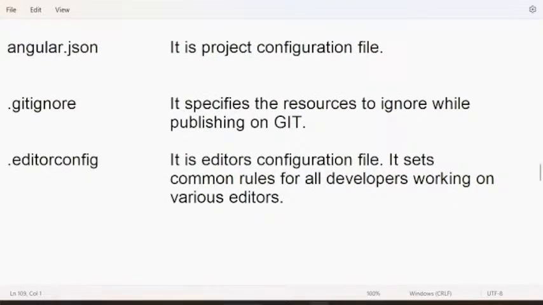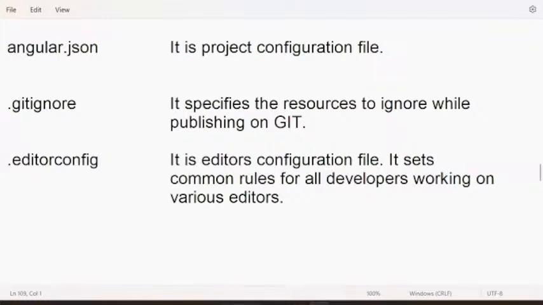Working on various editors, because actually we are using which editor? Visual Studio Code. But in the same project, suppose some team in the US, that means we are the team in India, we are using VS Code, and some team in the US, same project, but they are using some other editor. So same project, a team in the UK, those people are using another editor, but the project is the same. You cannot force developers to use an editor, because developers will use the editor which is convenient for them, right?